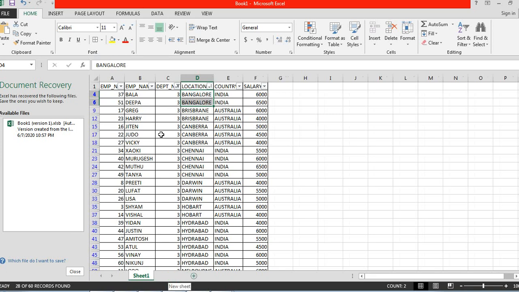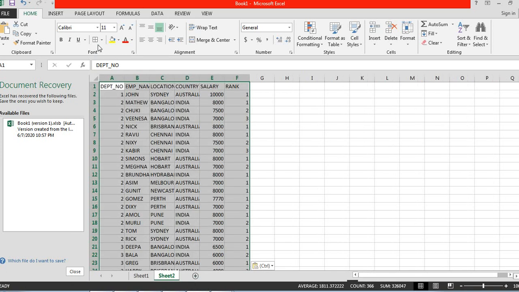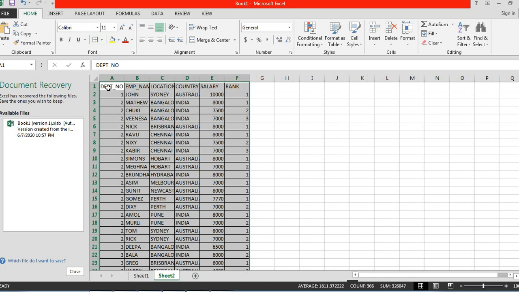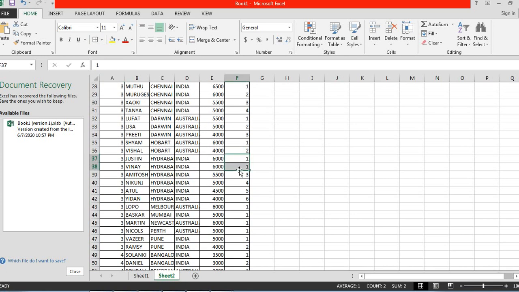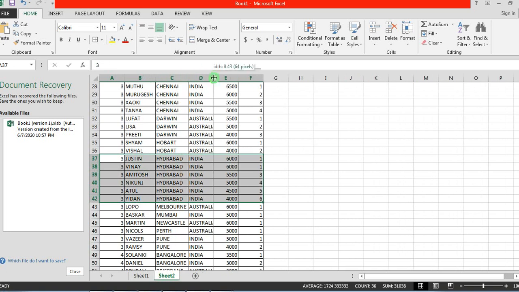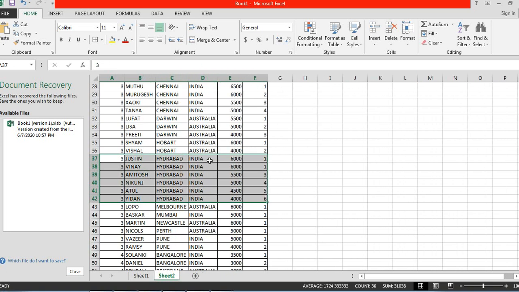Let me open a new tab. Okay, fine. Over here, let me show what I am trying to show you. Okay, this is the thing I am trying to show. See over here the data is for location Hyderabad, country India, and for these six employees the rank has been assigned. So what is the rank? Rank is 1, 1, then 3, 4, 5, 6. Why so?